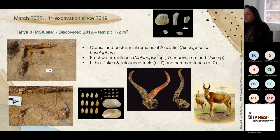And in one square meter, as you can see, the richness was a surprise, since this was the first goal planned for 2022. So we resumed the plan for 2022. We are talking about the Middle Stone Age. We are waiting for the results because the first analysis, especially the Alcelaphini, is a very clear biochronological marker for North Africa